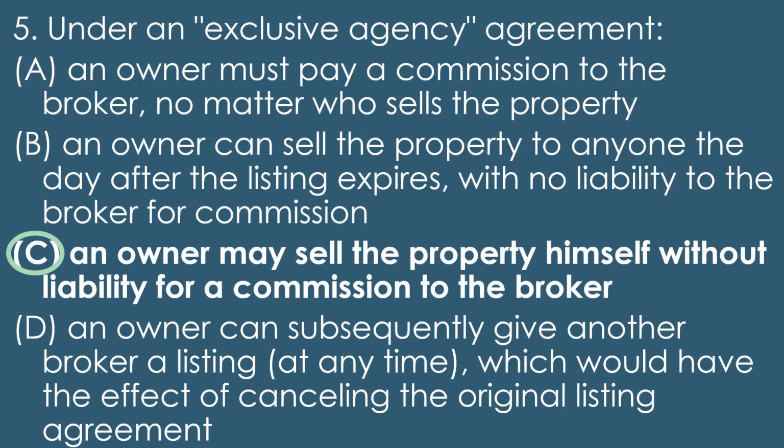So they're basically saying here that the owner can sell the property to anyone the day after the listing expires. So when a listing expires, the homeowner is then able to go sign a new listing agreement with a different agent. They're able to sell the property themselves on pretty much any type of listing agreement, not necessarily just an exclusive agency, unless there is that broker protection clause that says, hey, these are the people I've showed the property to within my listing